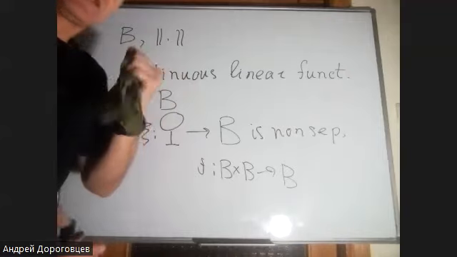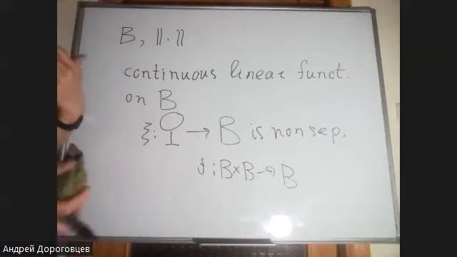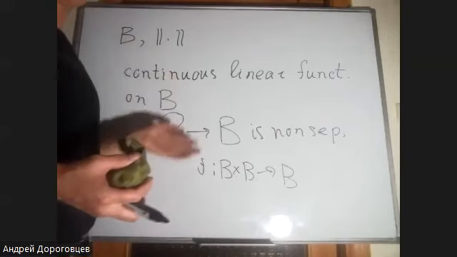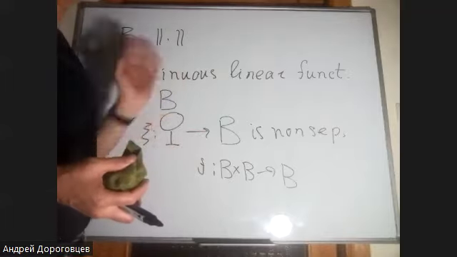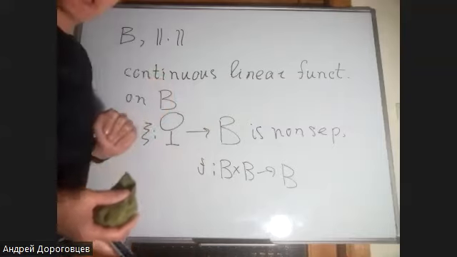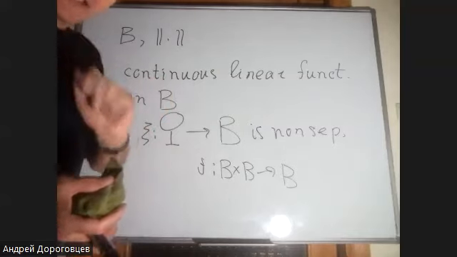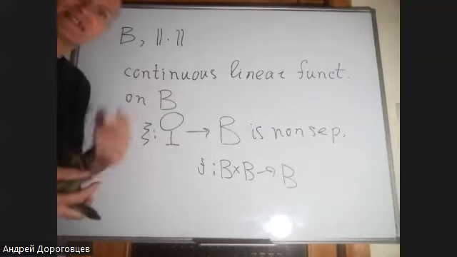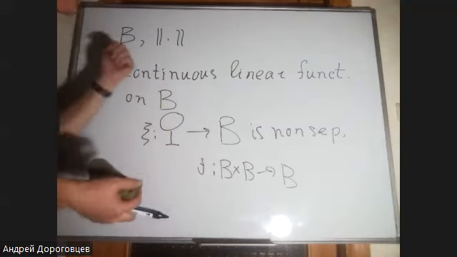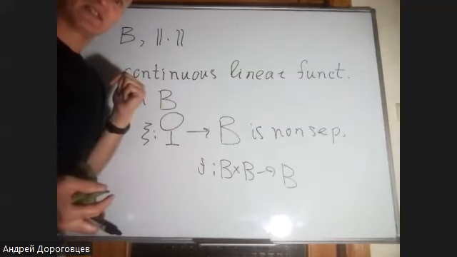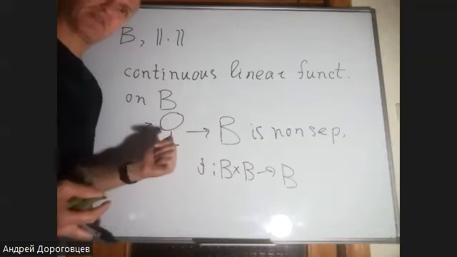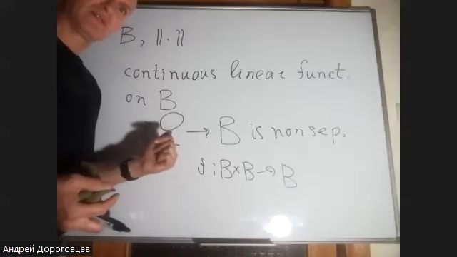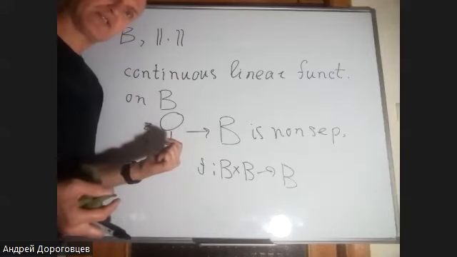Then what do we need? Maybe we want to have the statement, and we will discuss it. We want to have the statement: the characteristic functional uniquely defines the distribution. To have this, we need the statement that the sigma field generated by the linear functionals is the same as the Borel sigma field. This is also a question.